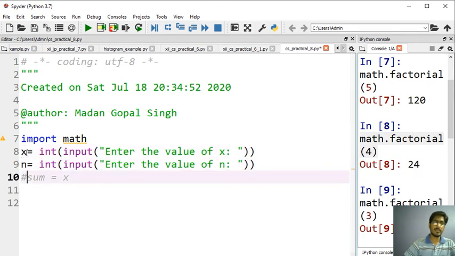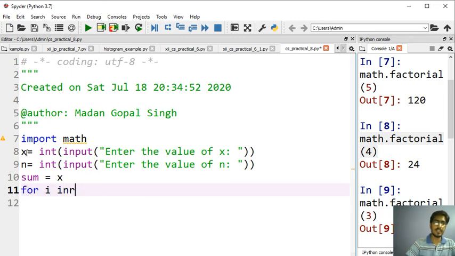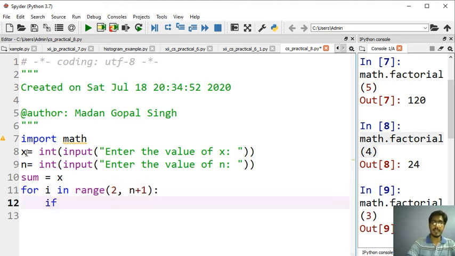Okay, so sum is equal to x. Now I will use the for loop, I in range, and then I will pass 2 comma n plus 1, and I will write the if condition. If I percent 2 equals 0, that is, if the power of x is an even number, then it will be divisible by 2.